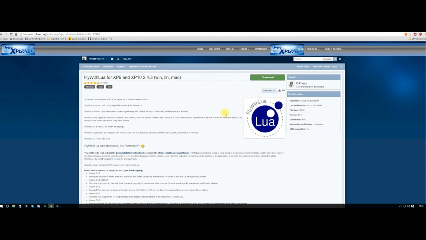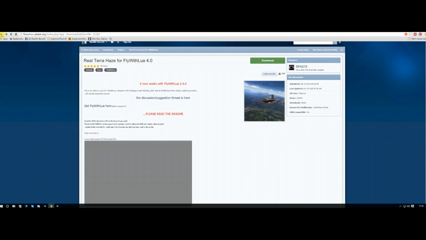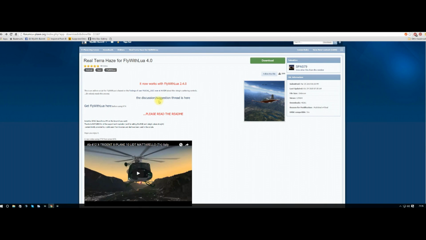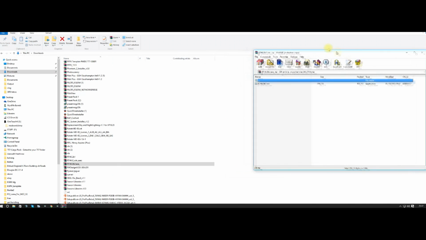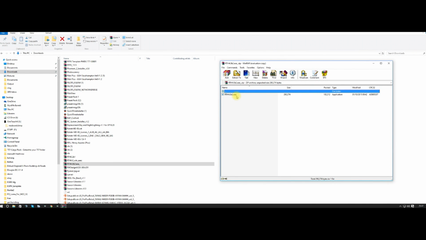Once you've downloaded that, it'll go into your downloads folder, and then you need to go back and get the Real Terra Haze scripts, which you download from the green button on this page. Once you've got them both, install Fly with Lure first, and it will go into your Xplane